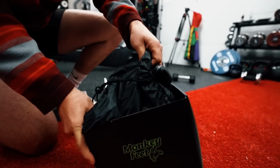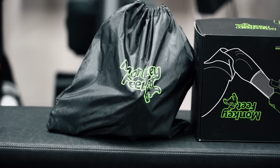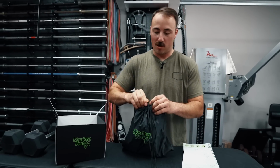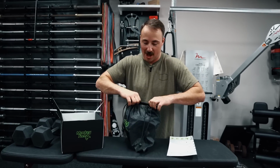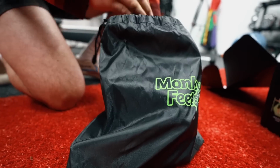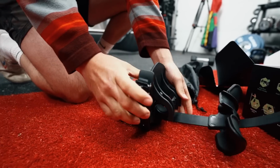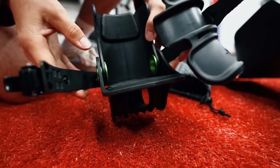Okay, so here's what you get in the box. It's got a nice bag, some instructions on how to put it on, some basic workouts you can do with it, and that's pretty much what we get. Now this bag is extremely cheap, but it is better than nothing. I like that they added it, and it's also branded with the cool MonkeyFeet logo. And then inside, you have the MonkeyFeet, which, as you can tell, is essentially very similar